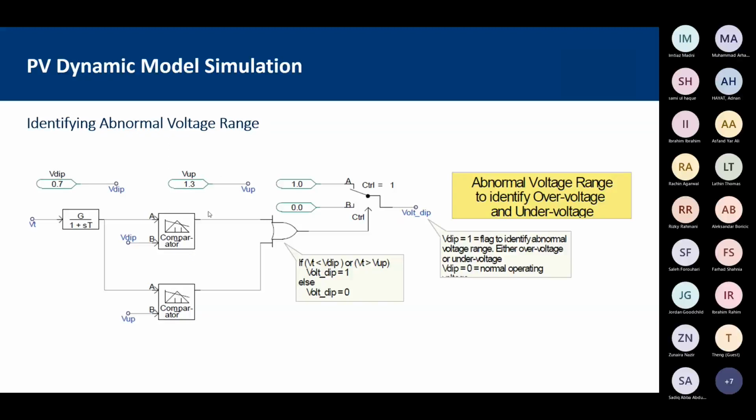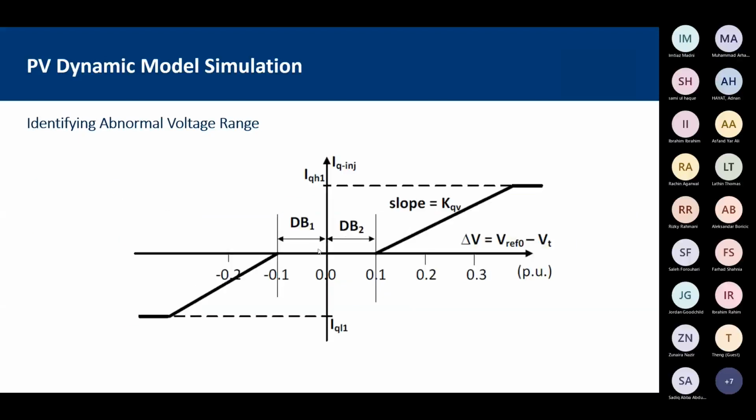And in between, it needs to have what we call a dead band. So it has these voltage deadbands and similarly frequency deadbands. So dB1 for under voltage, dB2 for over voltage, and then even after that, it has this